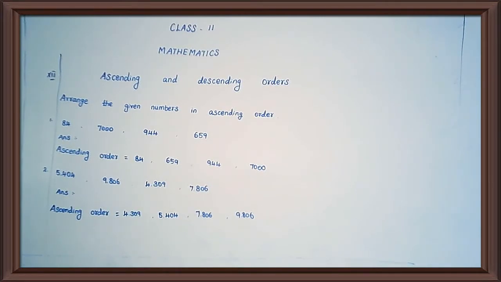Ascending order is equal to 84 comma 659 comma 944 comma 7000. In the second question,